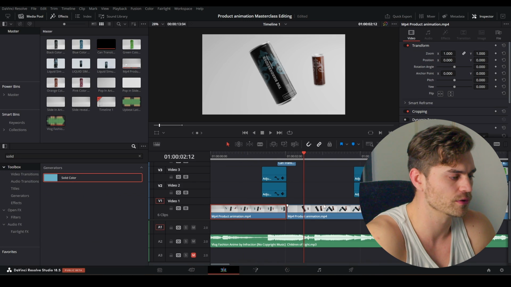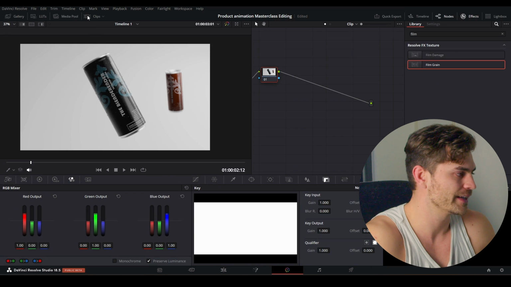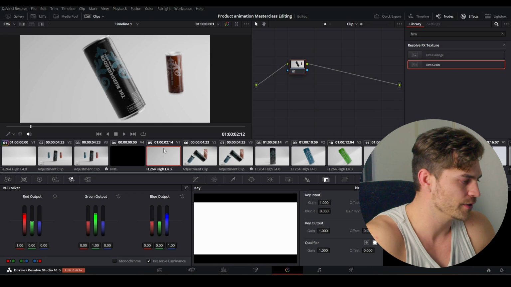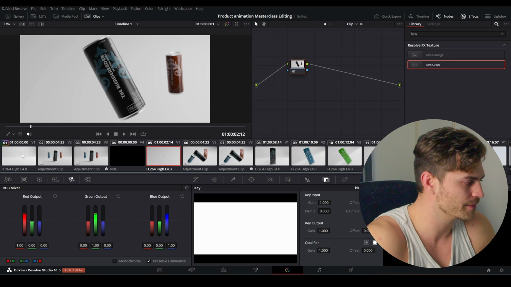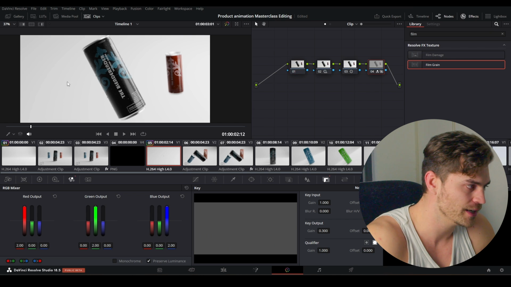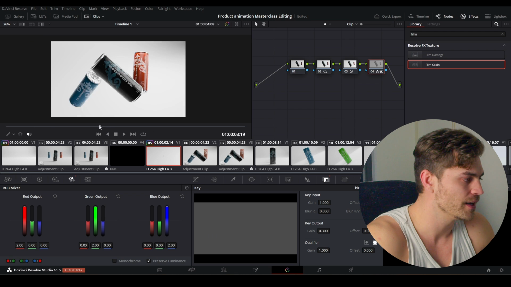I actually don't want to do all the same work for this one again. So I'm heading over into the color tab, clicking on clips, and then right here you can see that we've got it selected. And this one is the one that we already graded. That is shown by the rainbow color around this 0, 1. So I'm going to press the middle mouse button on this, and now it applies the same color grade on this render as well. And I think it looks fine.